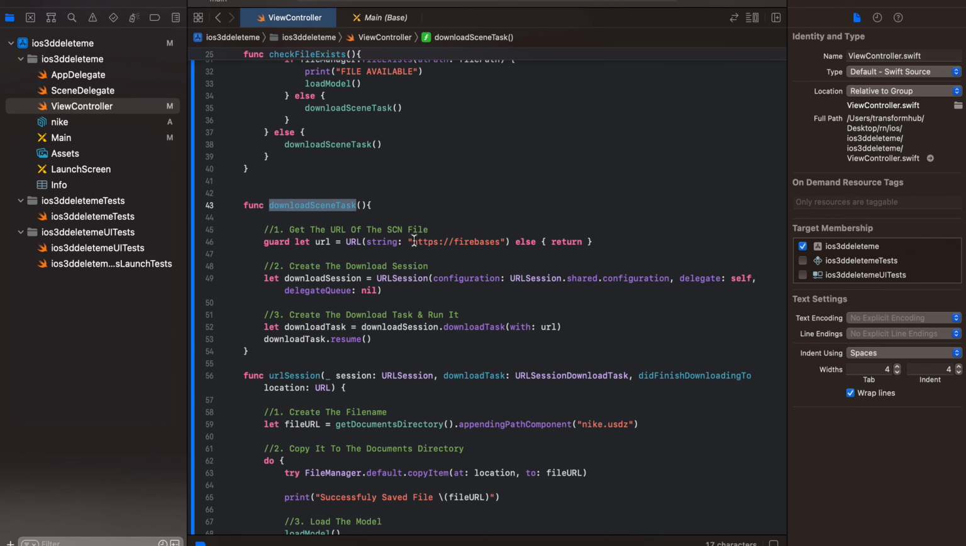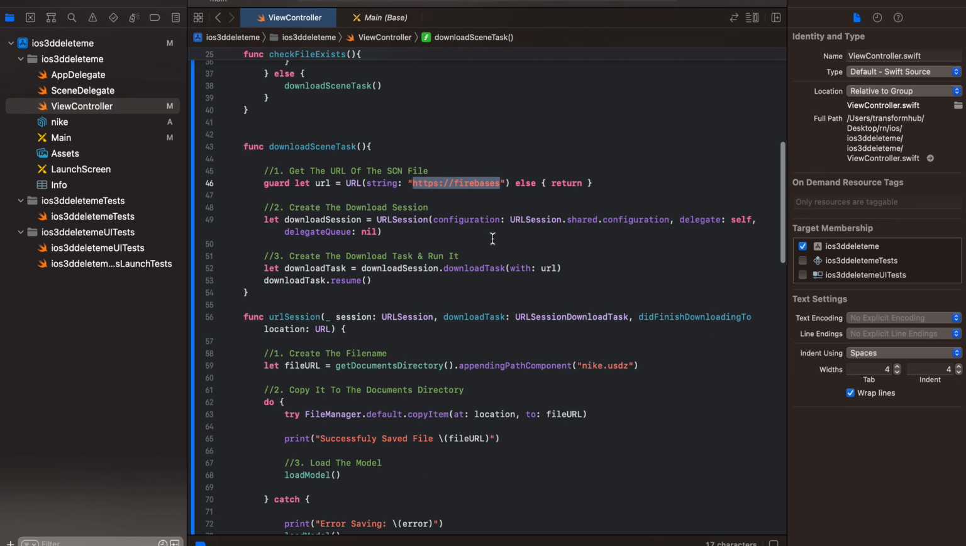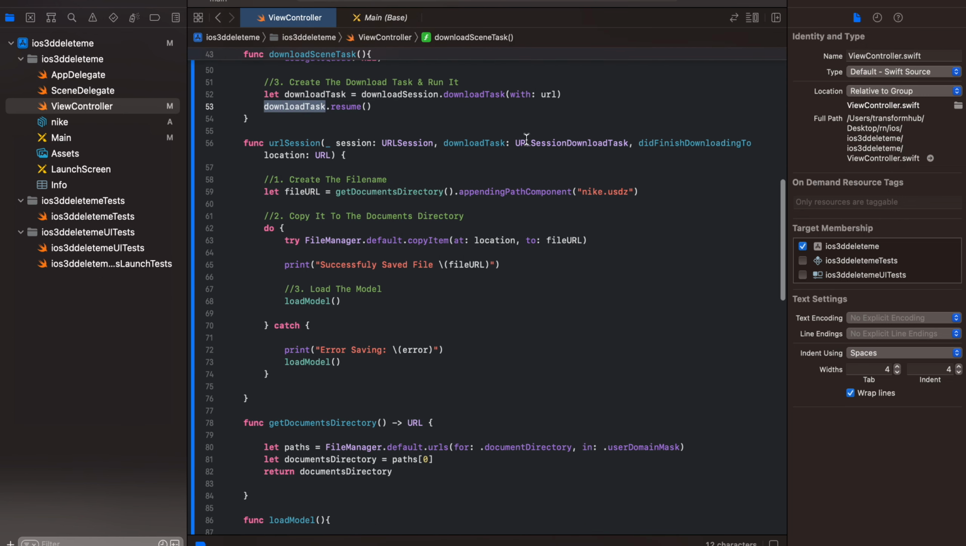first here you have to pass the URL. Now, this is an incorrect URL because I don't want to expose my 3D model URL to everyone, but you have to pass your 3D model's entire URL over here. Next, we will create a download session. We will create a download task, and then we will call downloadTask.resume, and here we are creating